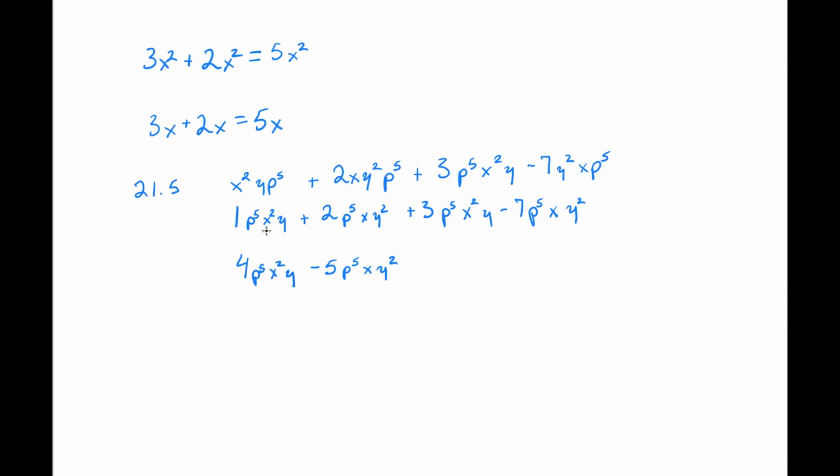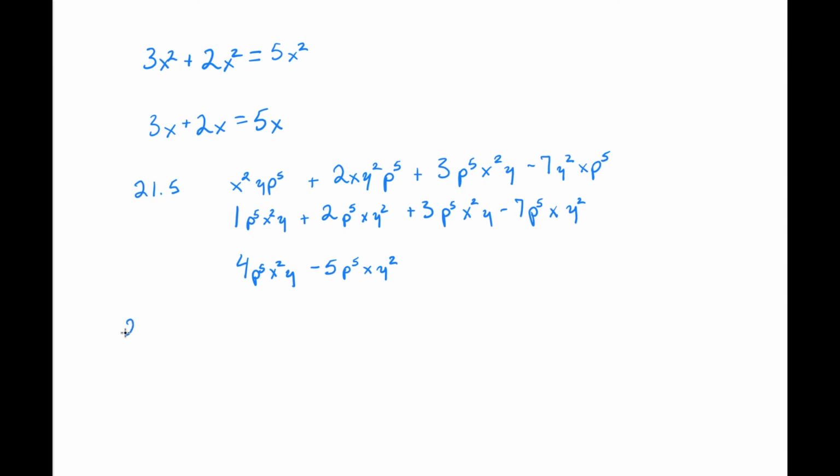The variables and their exponents have to match exactly. If they don't match exactly, you cannot combine them, because then they are different factors to different powers, and they will have a different value. Just because they're the same letters, that doesn't mean they match. They have to have the same exponents. Okay? All right, let's do